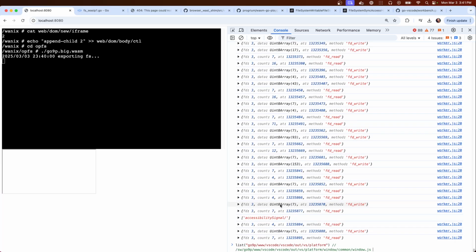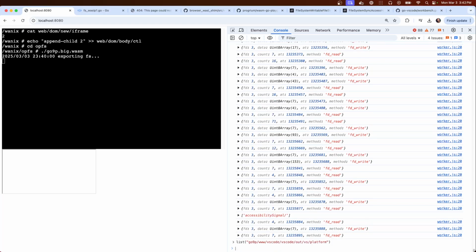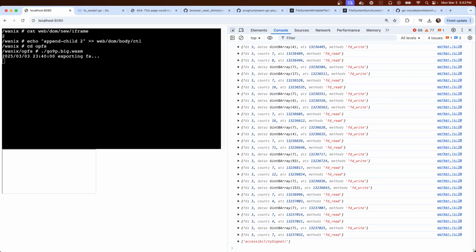Window common. Out VS platform window. Doesn't seem to be a window directory.